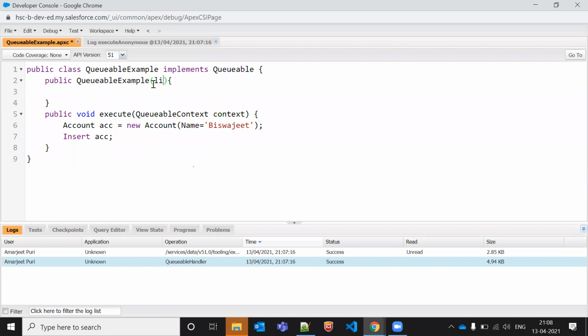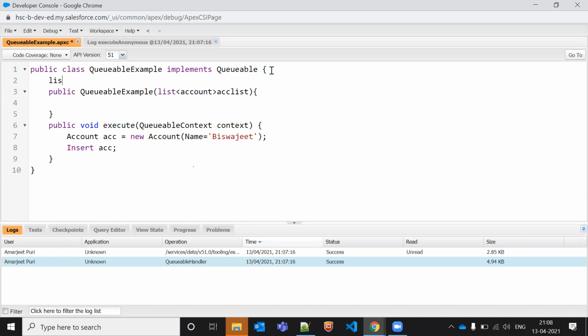We can create a public list of account, ACC list 1, and list 2. Or else we can write ACC list and ACC list both, using two variables.